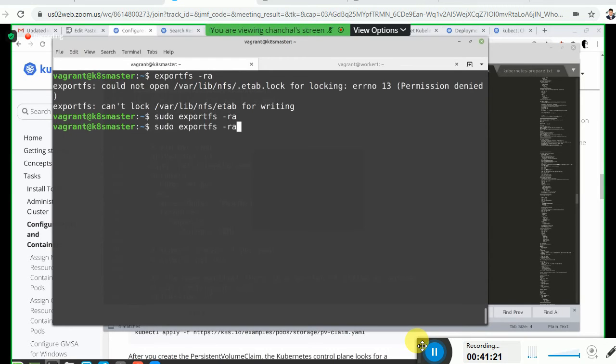So let us delete that PVC. Okay, it is not found.